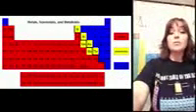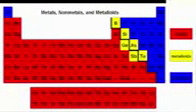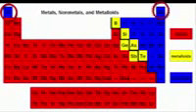If you look at the periodic table of elements, you're going to find 2 very special elements up on top. One is hydrogen and one is helium. Hydrogen is a special element because it is the lightest element on the periodic table. It has 1 proton, 1 electron, and it doesn't have any neutrons. It also has the lightest atomic mass and the lowest atomic number. One special thing about hydrogen is that it's a non-metal, but it's located on the metal side of the periodic